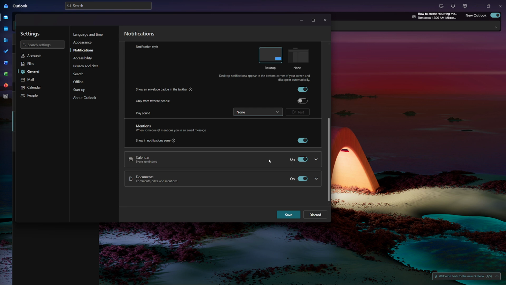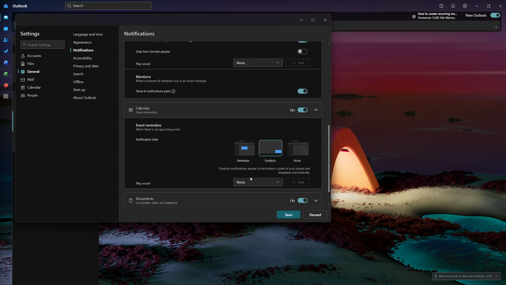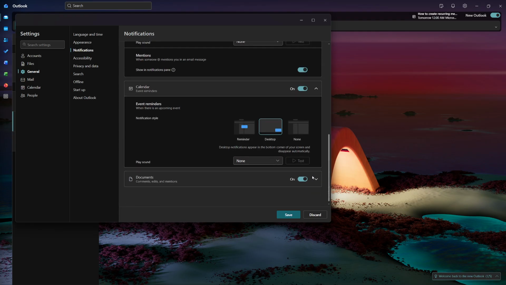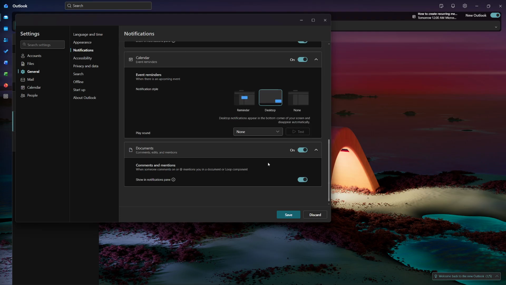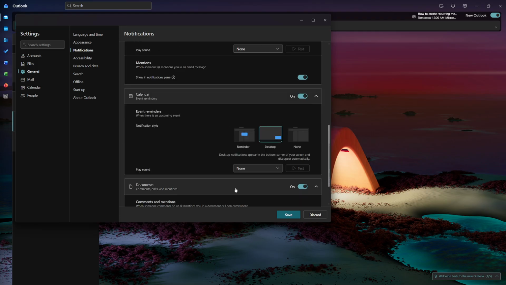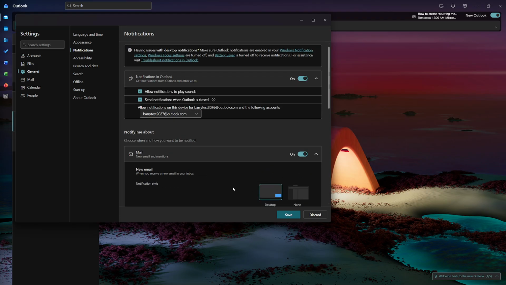There's one more thing to confirm so notifications actually appear. Your web browser controls whether sites are allowed to send alerts. If you're enabling notifications for the first time, you'll often see a prompt asking to allow them for Outlook. Be sure to choose Allow. If you don't see any prompts and still aren't getting alerts, open your browser's site permissions for the Outlook page you're using and make sure notifications are allowed. Without that permission,